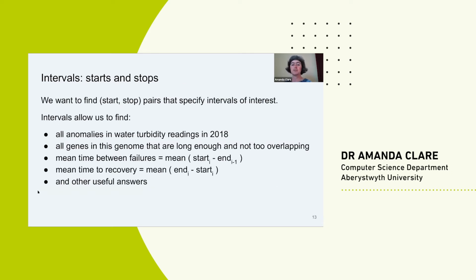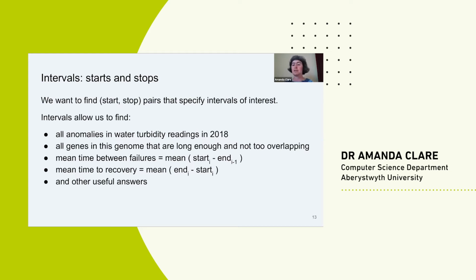But essentially what we want to find is intervals, and intervals are defined by starts and stops. So we want to find start and stop pairs that specify all of these intervals of interest, whether they're anomalies or genes or all sorts of things. And then if we can do that, we can find all anomalies in the water turbidity readings in 2018, or we can find all the genes in this genome that are good, or we could find the mean time between failures that we've got for the plant, or mean time to recovery, or all sorts of other interesting answers about